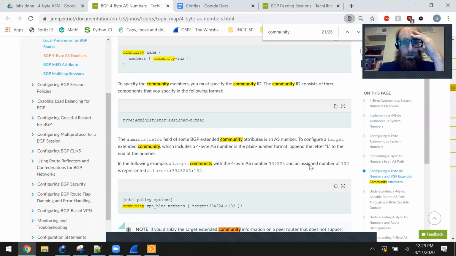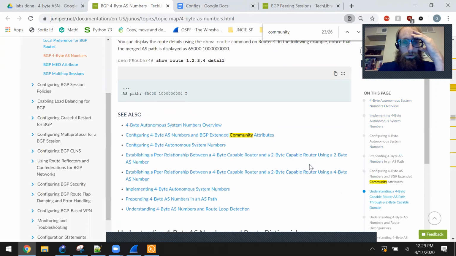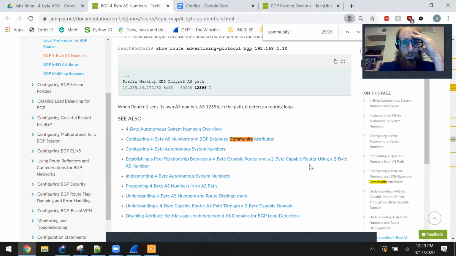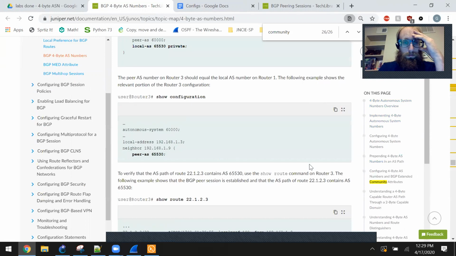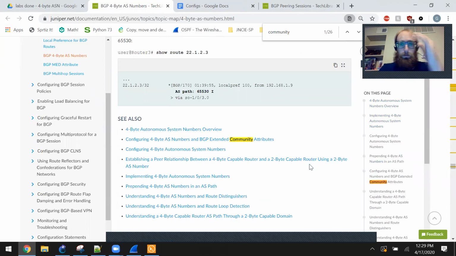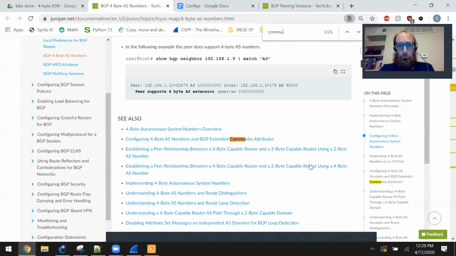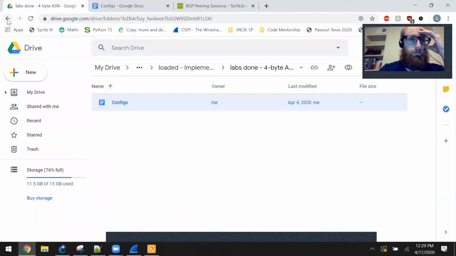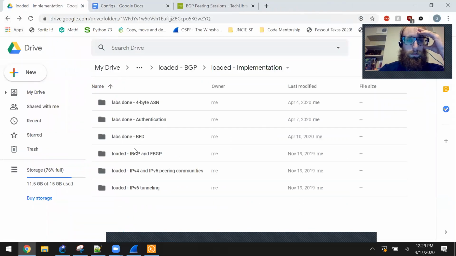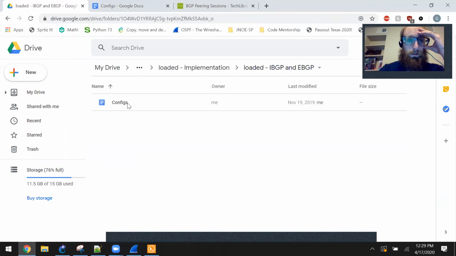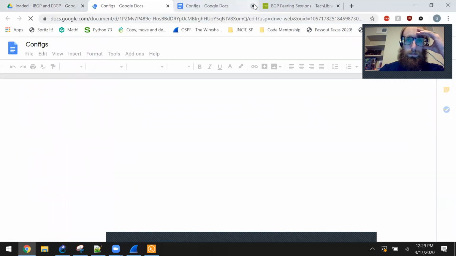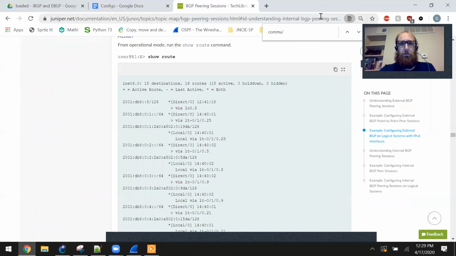Yeah, so all sorts of information about communities here. I'd like to see it in the example, though. Well, I'll just leave this open. Well, I'll close it and then go back, get back on track. Okay, so